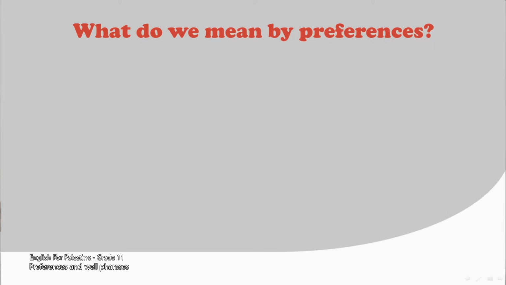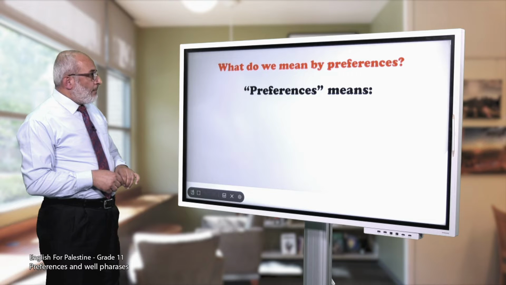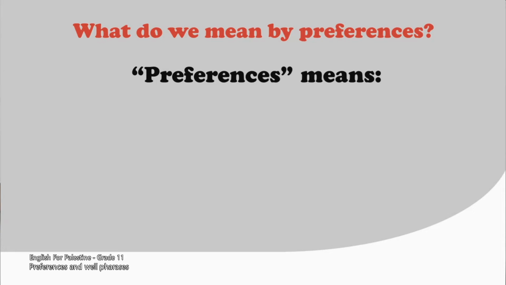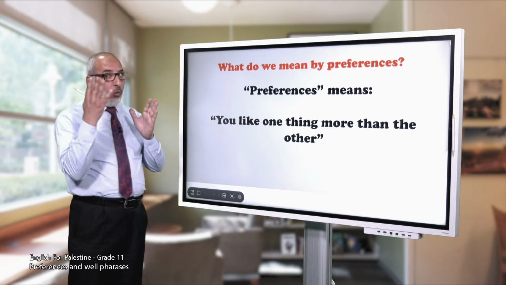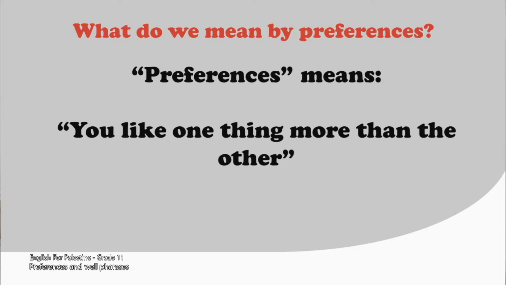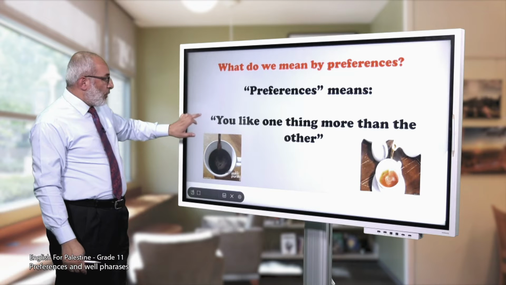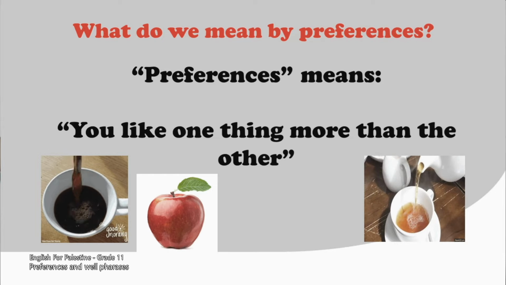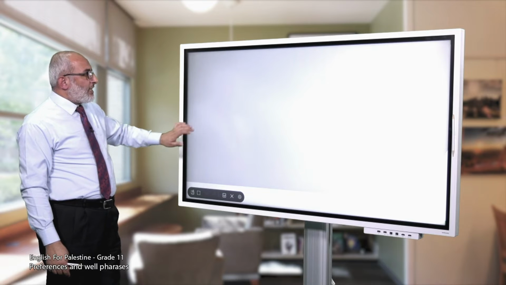What do you mean by preferences? Preferences means that you like one thing more than the other. Example, you like coffee more than tea. Or you like apples more than oranges. Right? Okay. Now, what language structures